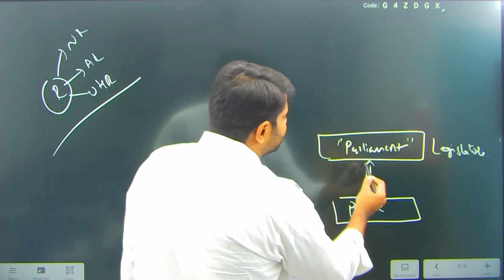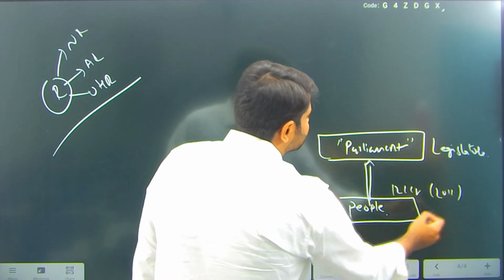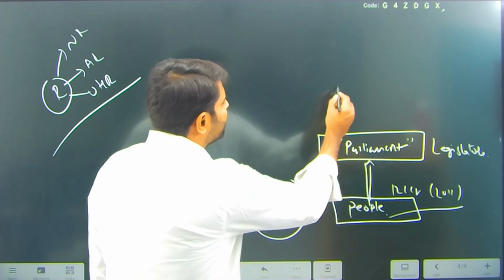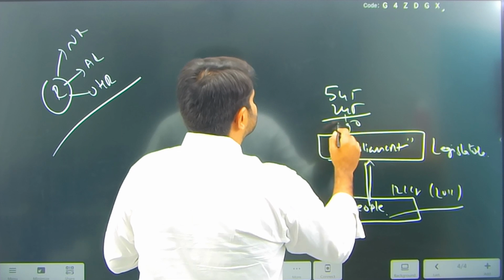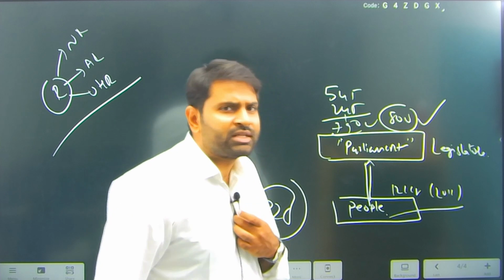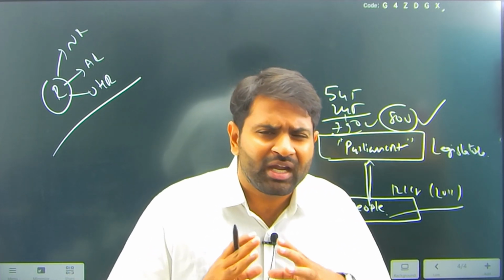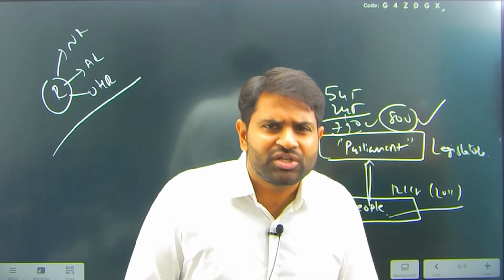Parliament, now how many people are there? 121 crore, let us take the 2011 census. 121 crore people are there and we are electing representatives to parliament. How many people do we have? 545 plus 245, around 790. Around 800 people we have elected. These people will administer the resources we have. And it is very difficult for 800 people to sit in a room and take a decision. It is very difficult for 500 people to sit and take decisions, is it not?